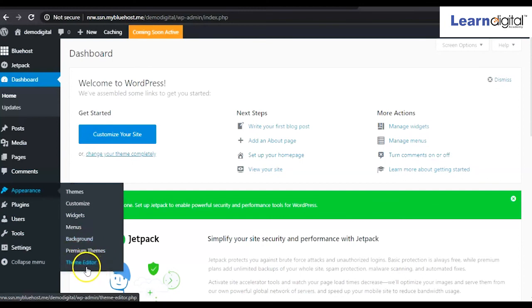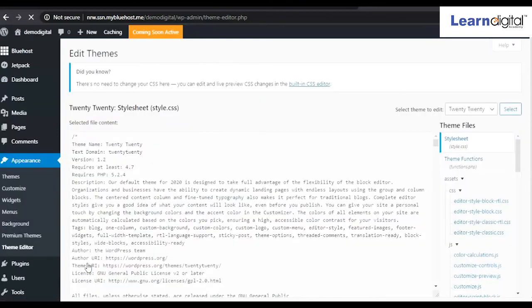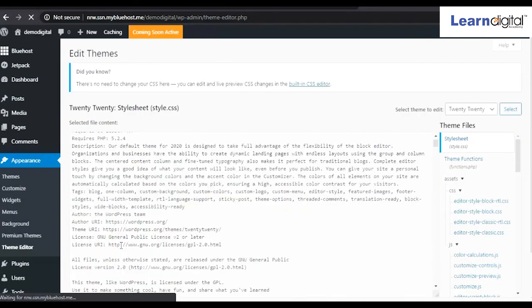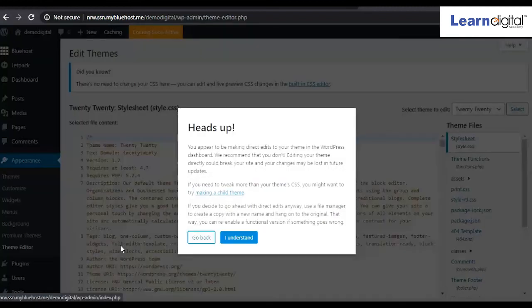One option is also there called theme editor, right? I suggest you don't go on this part. The theme editor is only for coders, those who know the coding part. They can go over here and customize the code and the website as well. So don't touch this part.